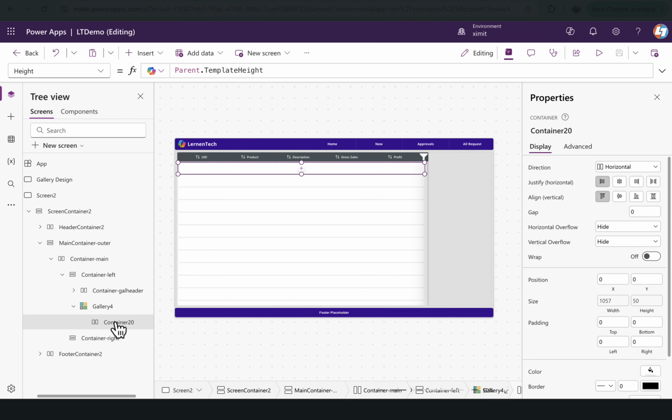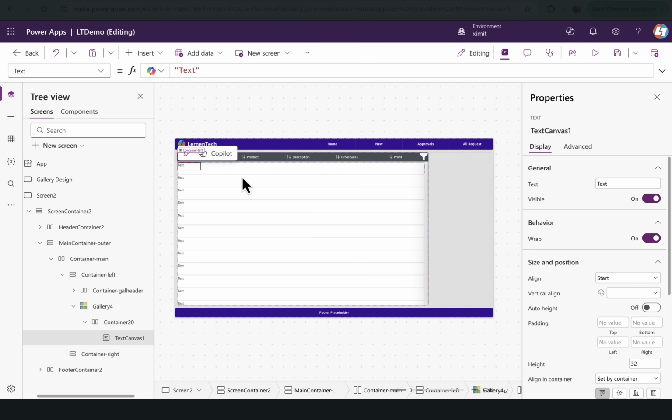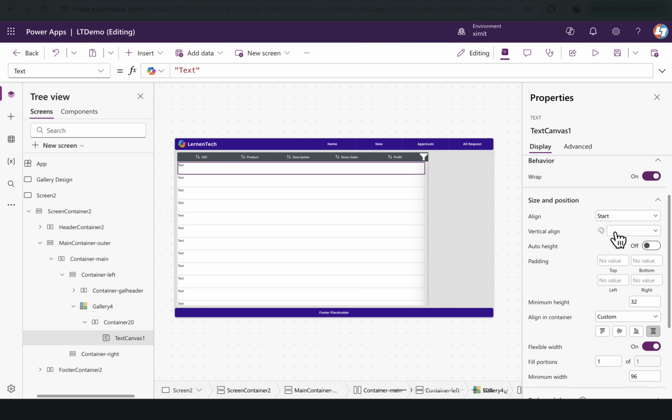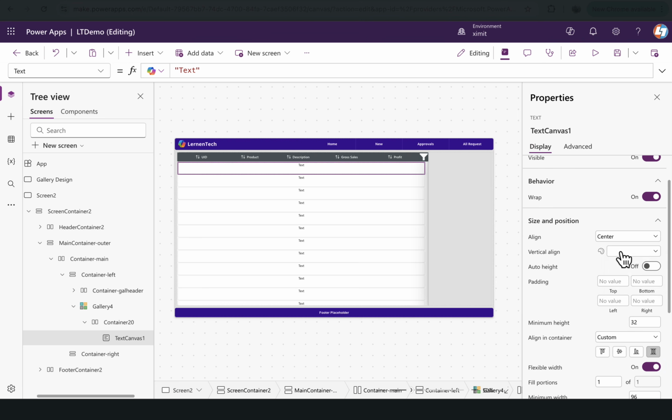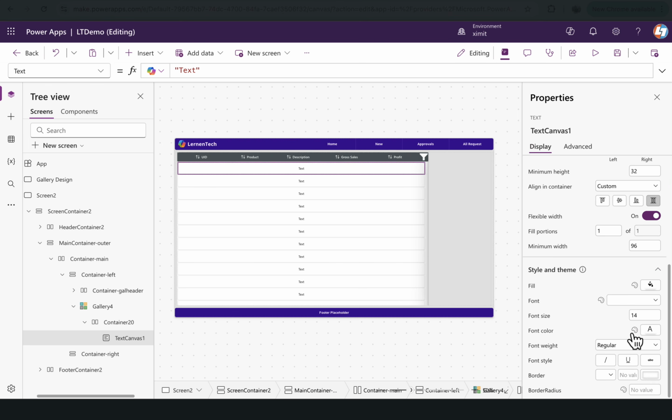Now inside this container, I'm going to insert a text label, and for this text label as well, align in container stretch, flexible width turn on, align center, vertical align middle, and in case you want to set the font and everything, you can do that, but for now I think we are good. What I'm going to do is, for this text property, this item dot UID, and it will take the full width. I'll go here, copy this, paste this 5 times here,